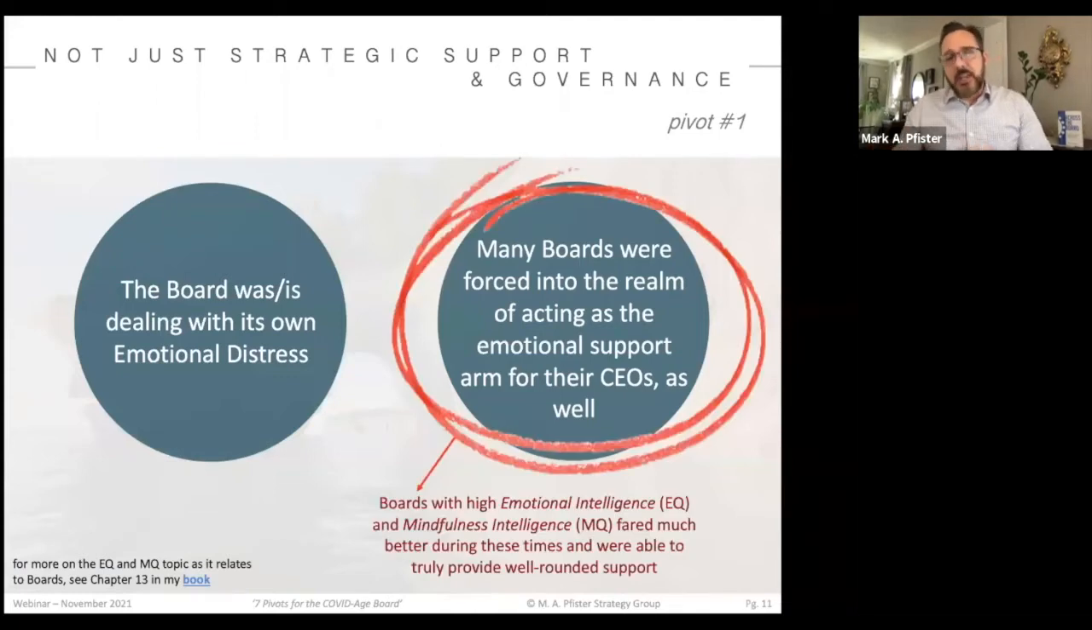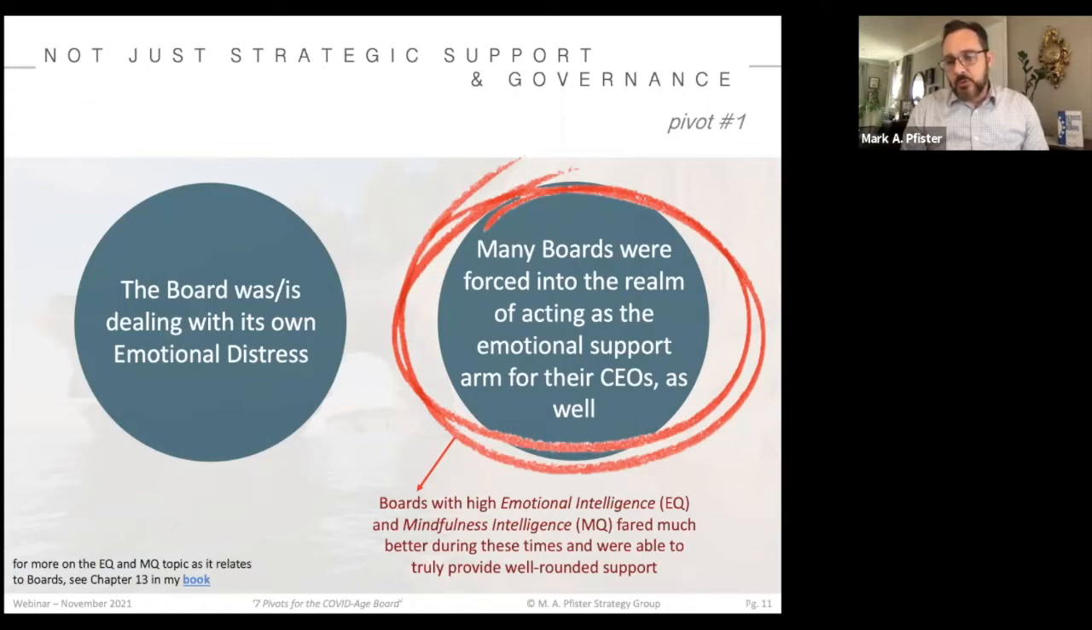So saying all of this, we look at boards that had and have high emotional intelligence and mindfulness intelligence. These boards fared much better during these times of the pandemic and were truly able to provide well-rounded support for their fellow board members, as well as the C-level and especially for their CEOs. This was very obvious for someone such as me in the board consulting realm, seeing how these groups came together and were ready to do that, regardless of what crises they were dealing with,